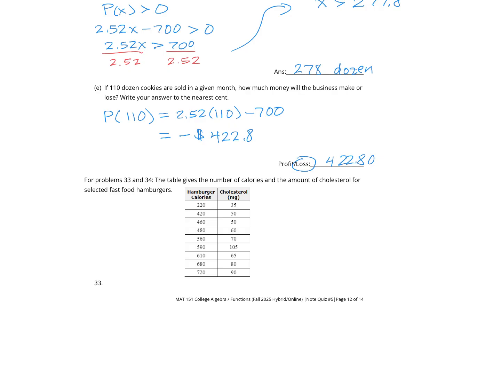using tables of numbers to find relationships between variables. So this has us looking at hamburger calories and cholesterol. And we're going to have to turn the page, of course, to make this fit. So the table, again, will be on one side. Our work would be on the other. Again, if you can pull up the PDF document of the notes and put that here, that would be extremely helpful for us. So the first thing they want us to do here is do a scatter plot of the